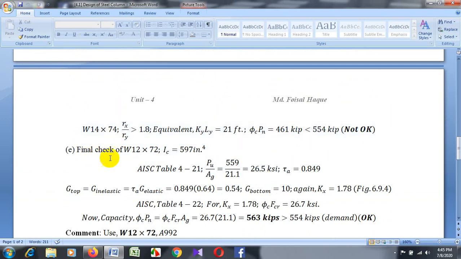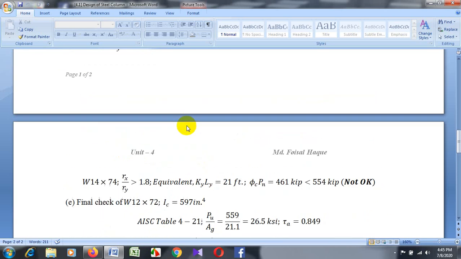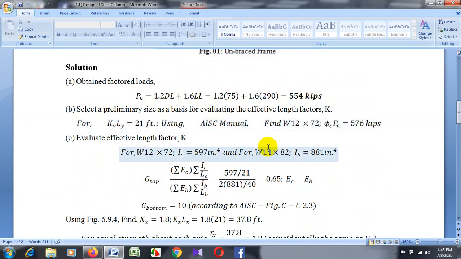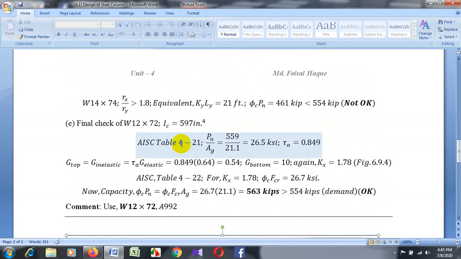Now finally check the W12x72 section. This Ic equal to 597 inch to the power 4. Previously we got 597 inch to the power 4, and then from the AISC table 4-21, Q divided by Ag equal to 26.5 ksi, and get the value of Fe, and using this value find tau a, the factor 0.845.